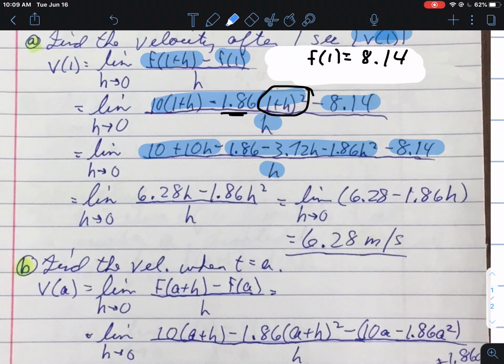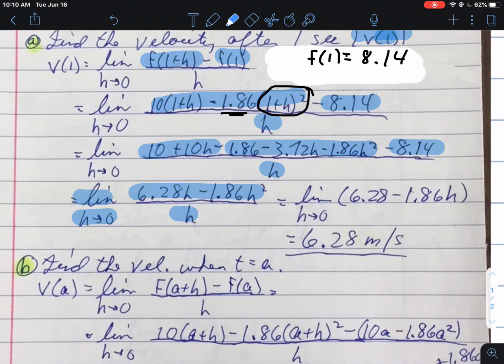So then we combined a couple of like terms up there, and I'm left with 6.28h minus 1.86h squared all over h. And again, notice I'm carrying my limit definition, my limit statement every time. Limit as h approaches 0. Until I get this thing completely simplified. Now notice in the next step,